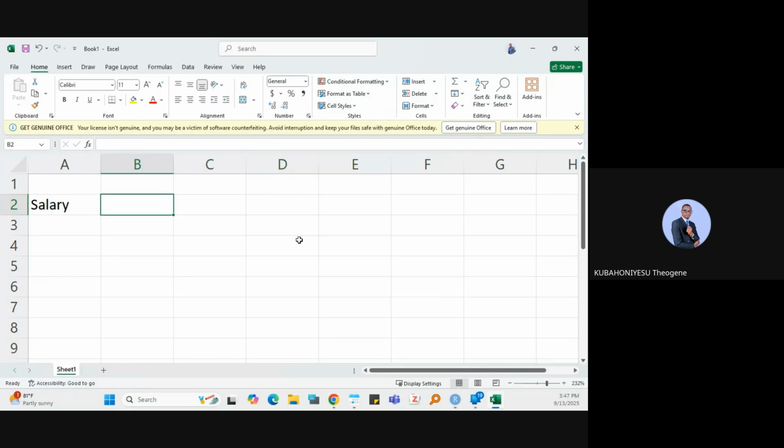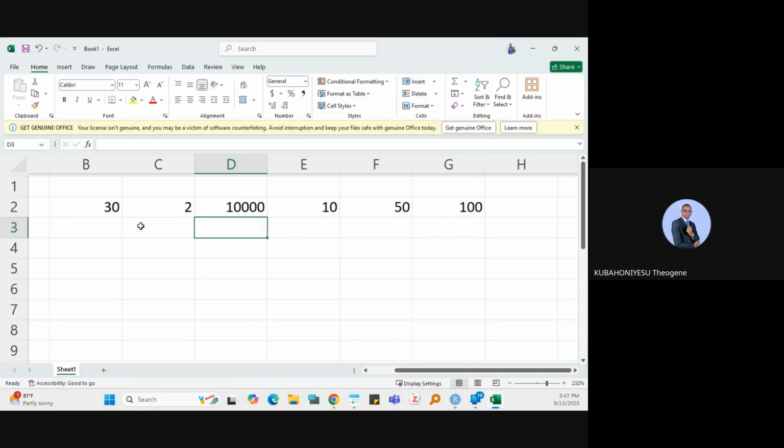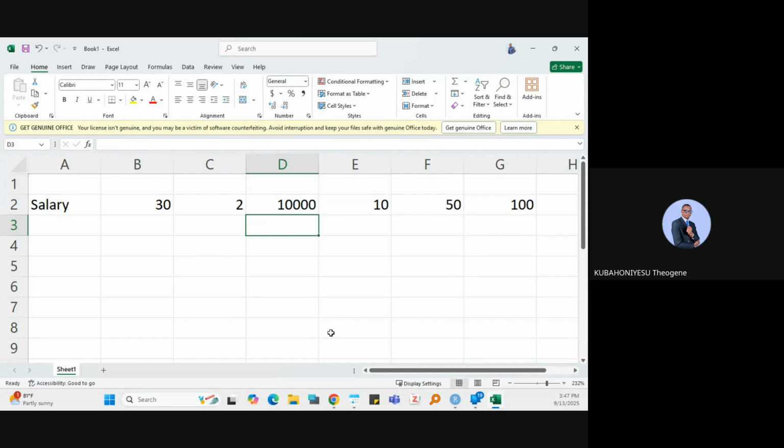So let's say we have some people here. I'm giving very small numbers so you can understand. One is getting 30, the other one is getting 2, the other one 1,000, the other one 10, the other one 50. So how many people? 5. We can add a 6th, there's no problem. This one is getting 100 and one is getting 15,000. From these people, I want to explain why mean, why median, why standard deviation, why variance. So if you calculate the mean,